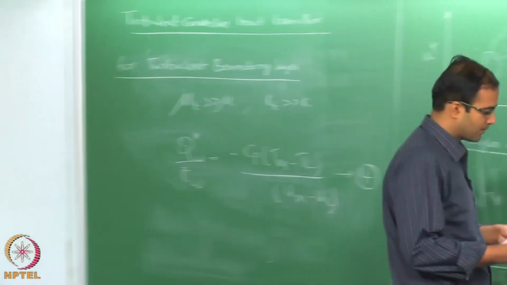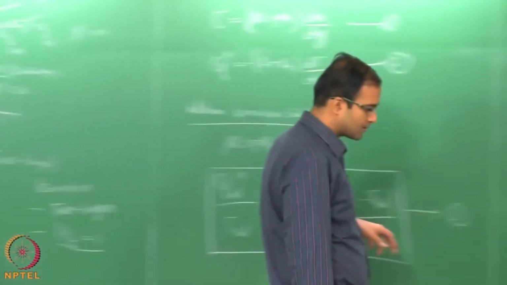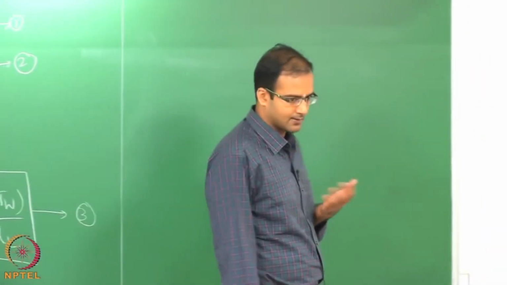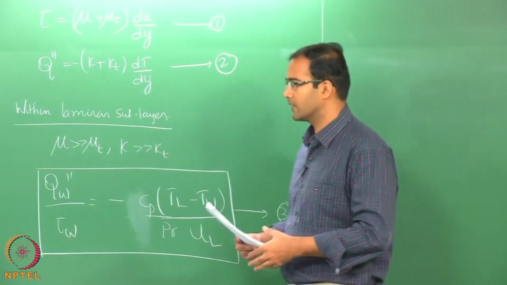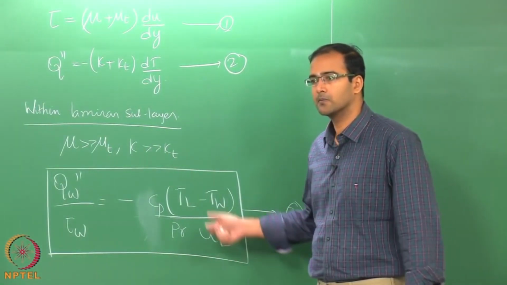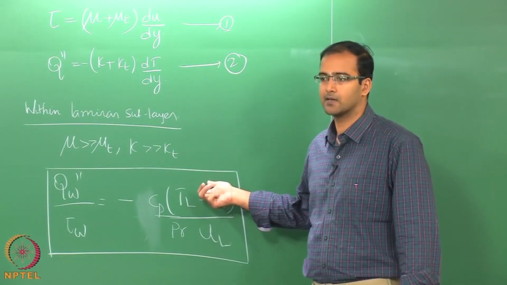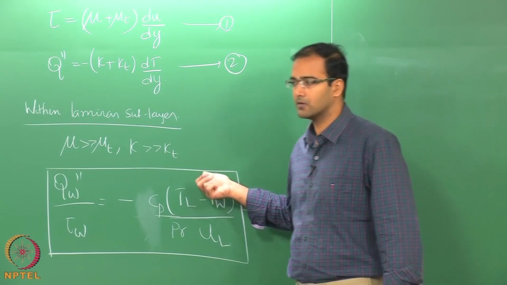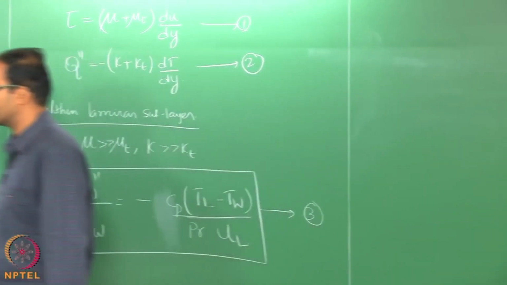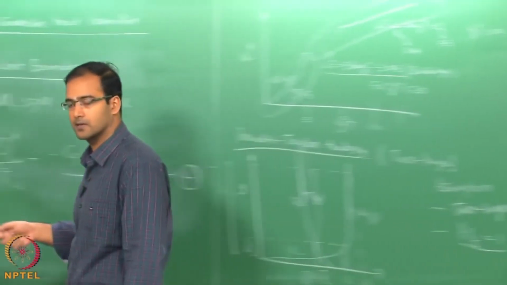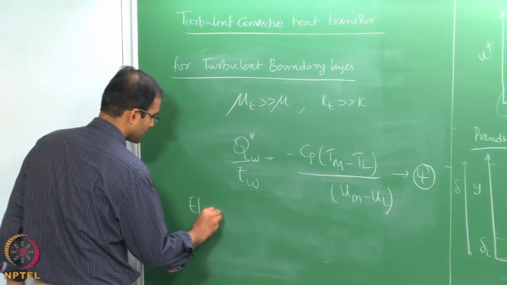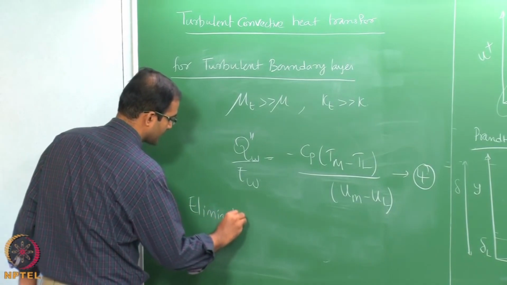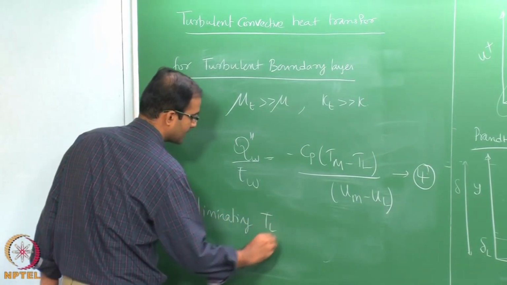Now, UL is also obtained from measurements, okay, we will see how we get it, but when we are solving the heat transfer problem TL is difficult to obtain. So, therefore, we will eliminate TL by using these two equations. So, therefore, eliminating TL between